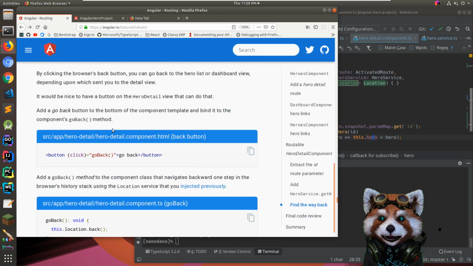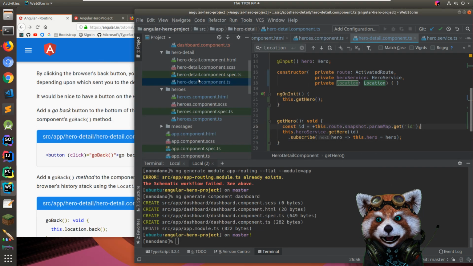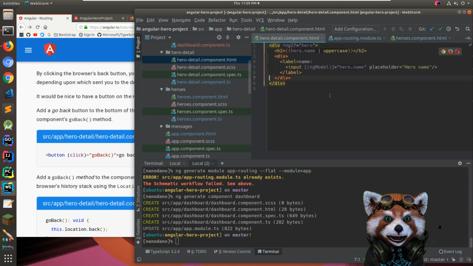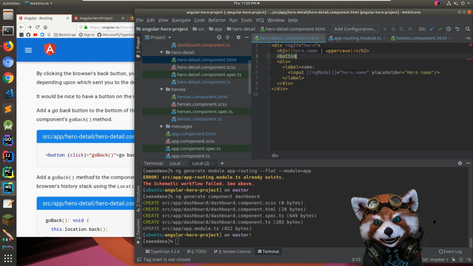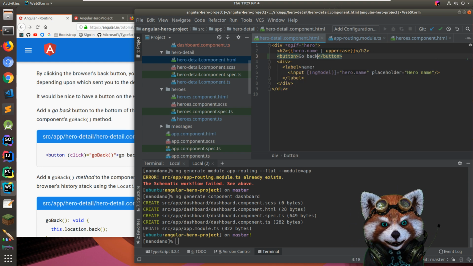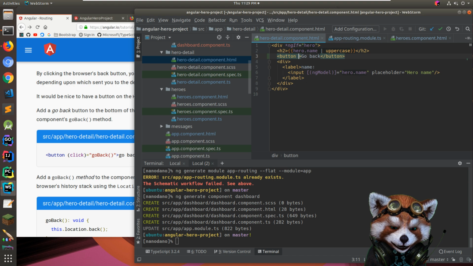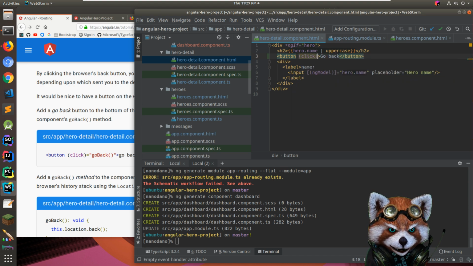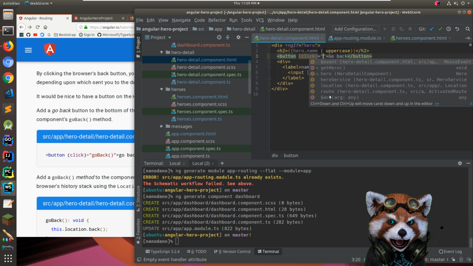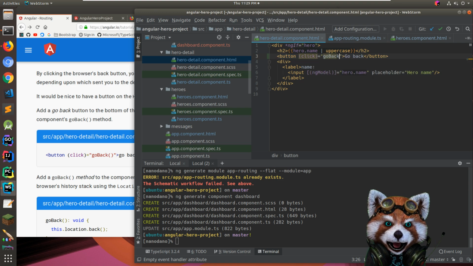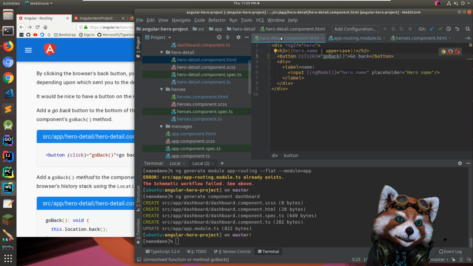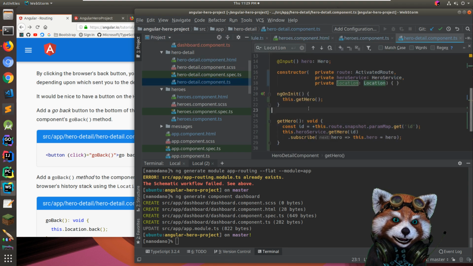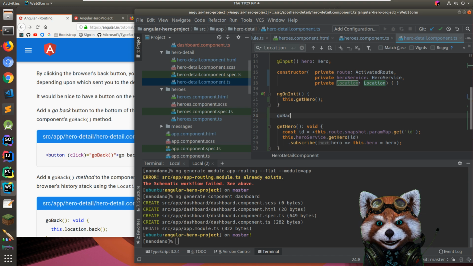Oh, we need the go back button. So yeah, in our template for the detail, why don't we add a little button here. We want a button, and we want it to say go back, but we want it to listen for a click event, so we wrap it in parentheses, and on the click we say go back. Now I guess we're gonna have to make that function. We make it in our component, a function called go back, and